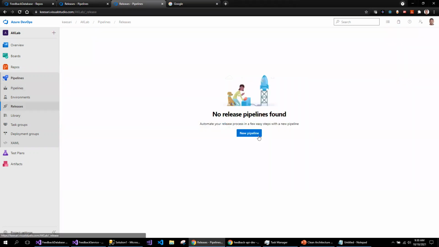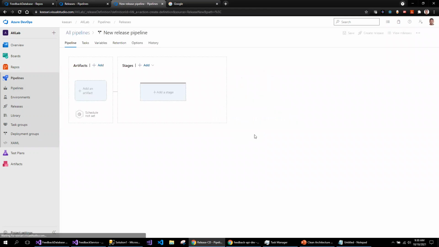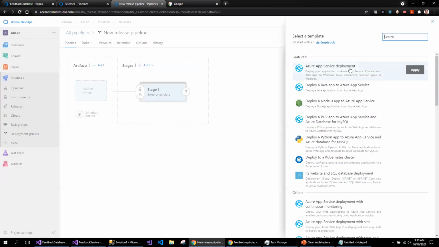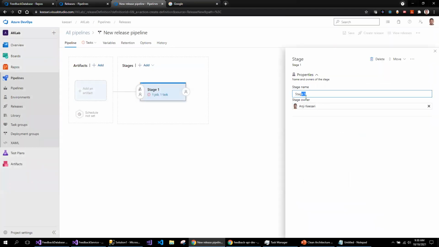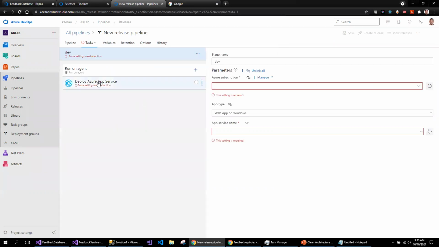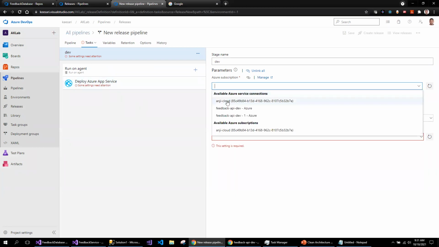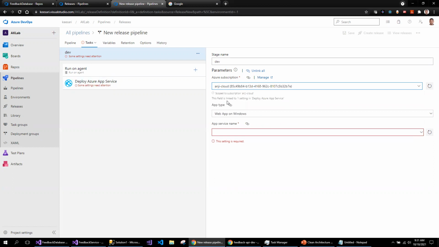So let's go and click on the new release. I'm going to create the app service deployment, and this is my dev stage. So I'll just name it dev, and then click on the tasks. Here you have to select the Azure subscription. I already have connected the Azure subscription.